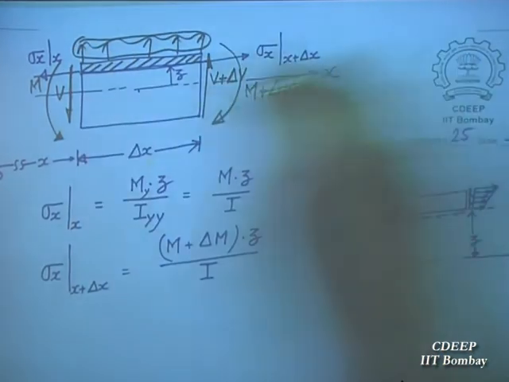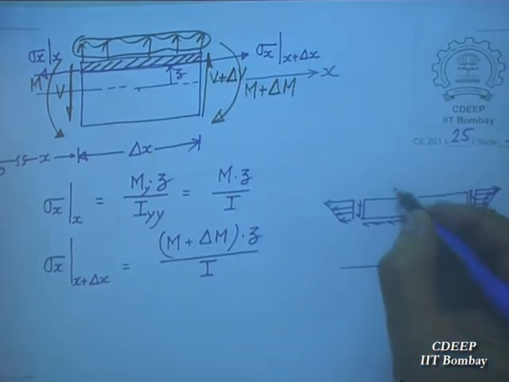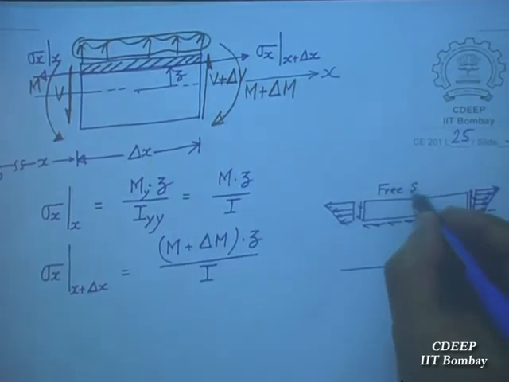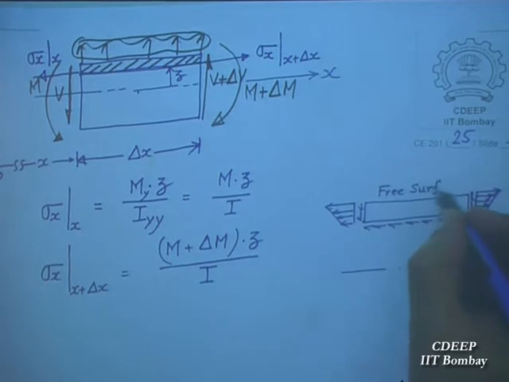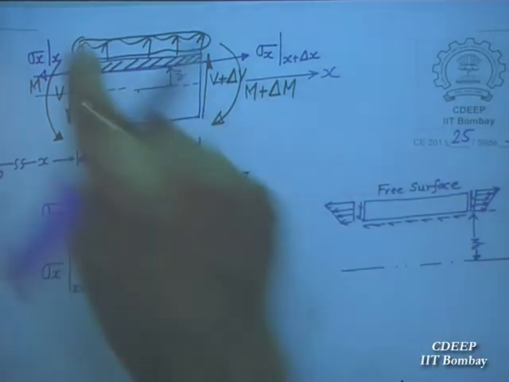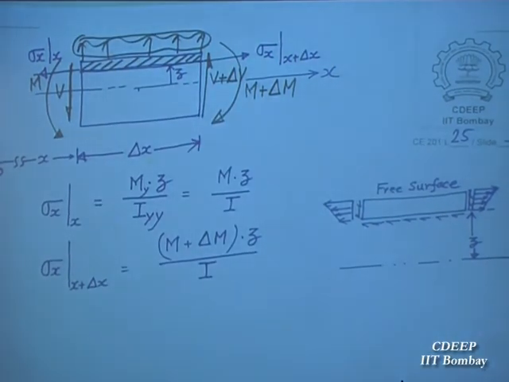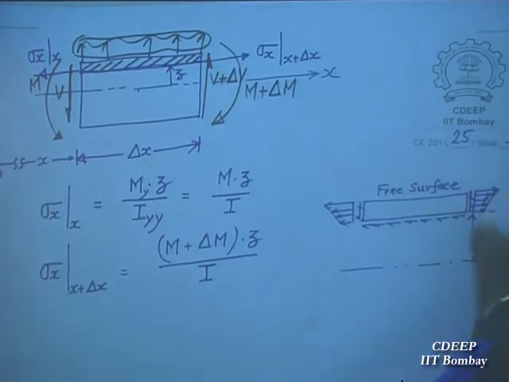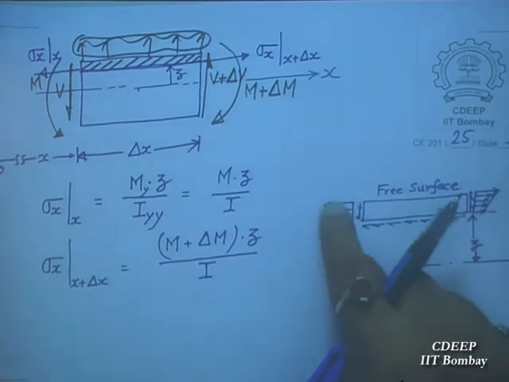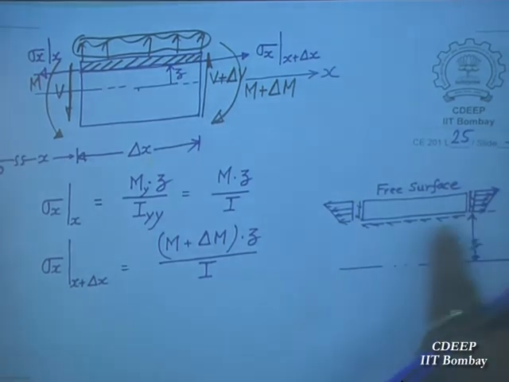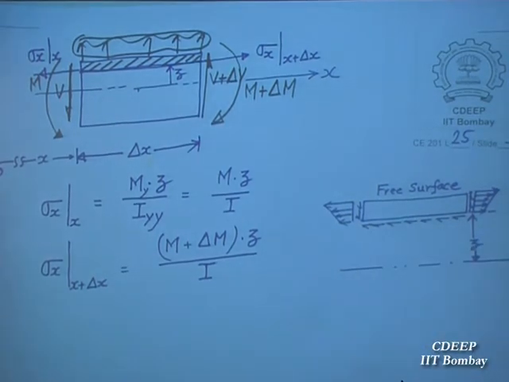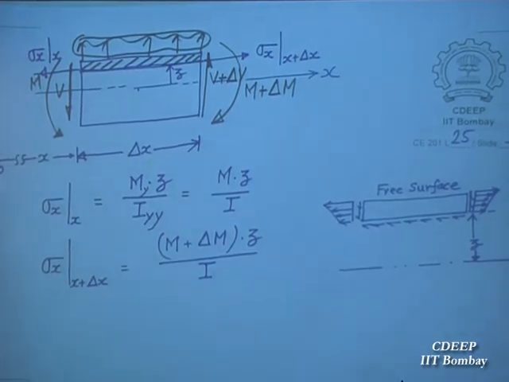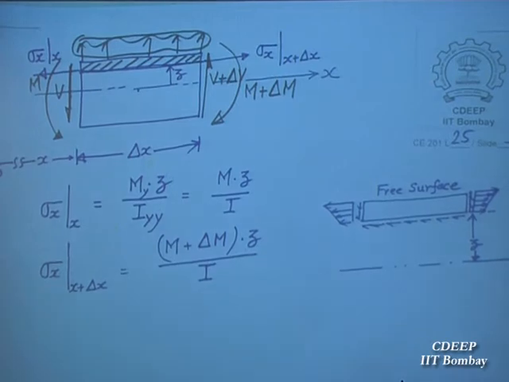Here it is a free surface. Top is, here it is a free surface. No stresses are there. I told you, let us assume that there is no load on the top here. So this is a free surface. So on this is a normal stress, this is a shear stress, this is shear stress, this is a normal stress, and here there will be only shear. And why there should be only shear? The reason is,